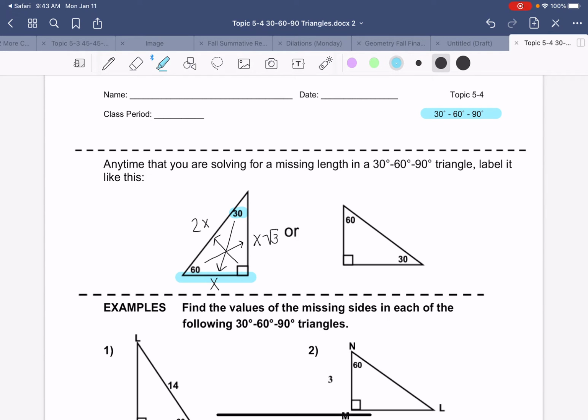Hey there, ladies and gentlemen. That bell was not to dismiss you to class. School day's not begin. All right, and then the 2x will always go across from the 90-degree angle, and then